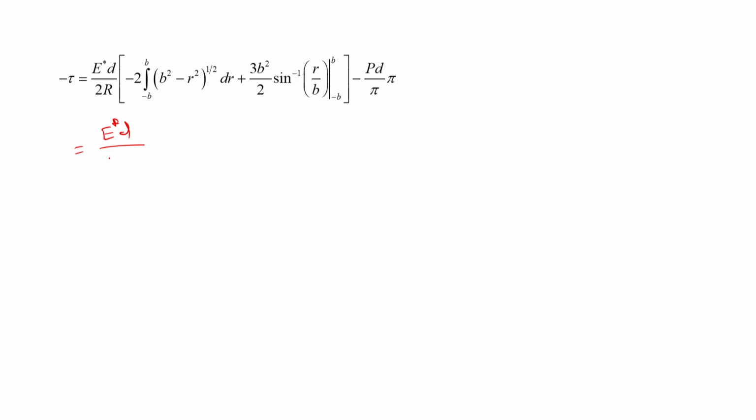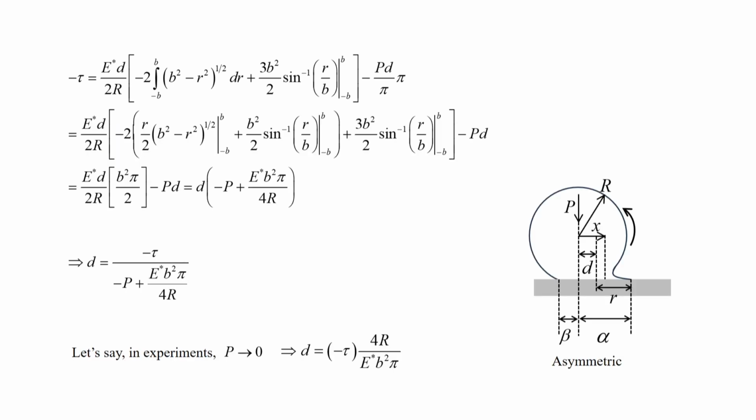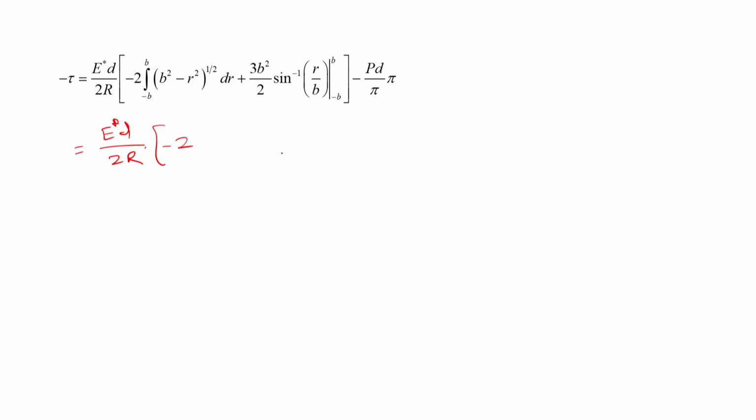So, d by 2r, and this is minus 2, and there is a relation available for the square root of a square minus x square, which is x into the square root of a square minus x square. So, I think that term goes, and the only thing that will be there is the sine inverse term. So, this term will get cancelled, let me just write it. It will be just minus 2